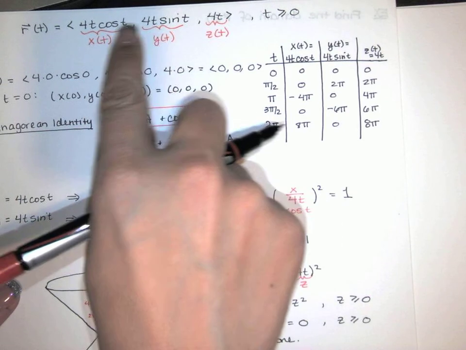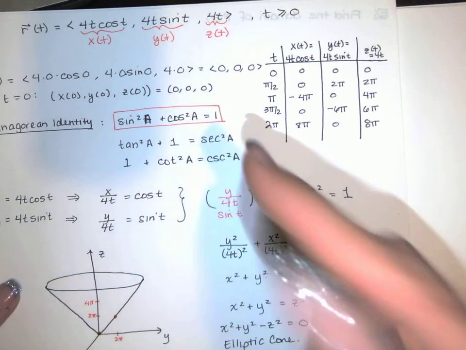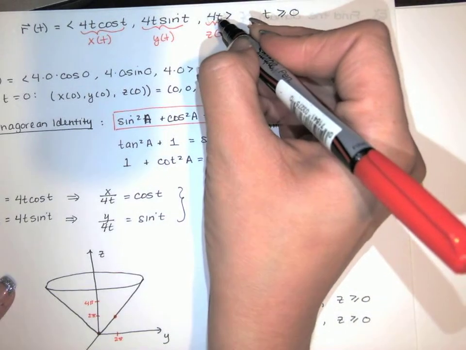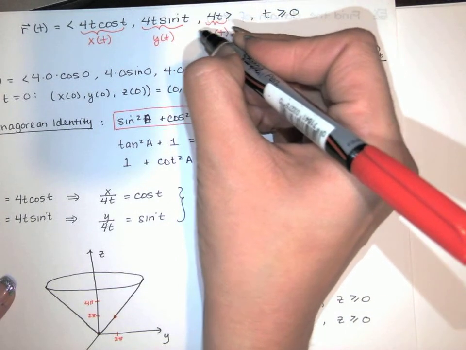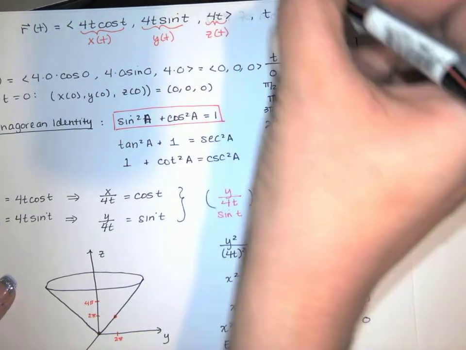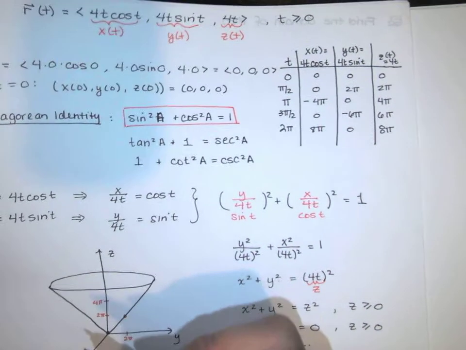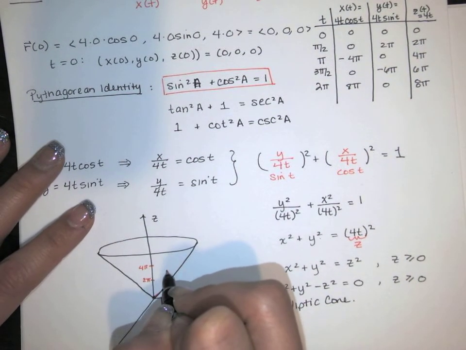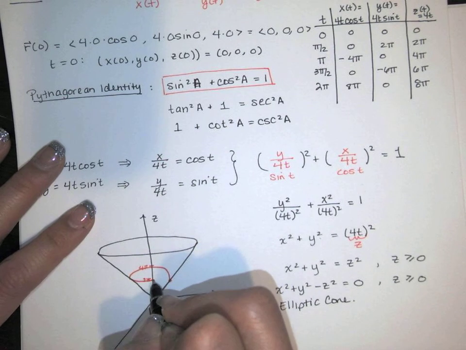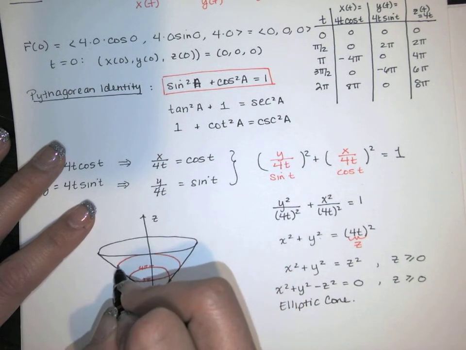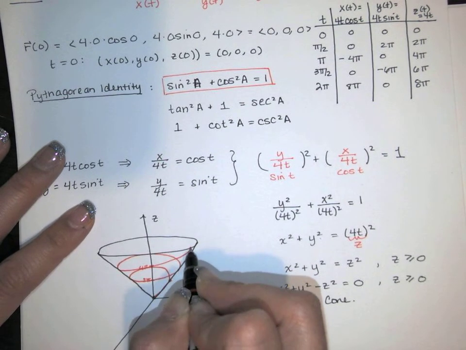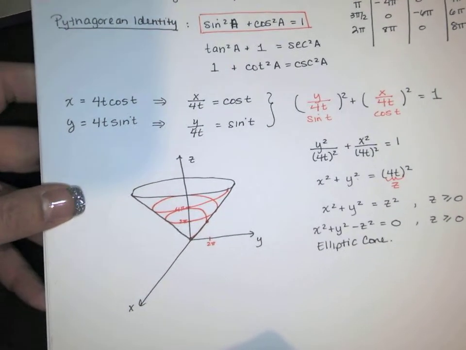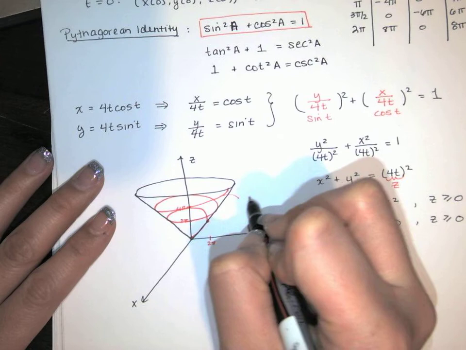I'm doing something similar, but I'm starting at a circle of radius 0. I'm starting at the degenerate circle. And then as t increases, we're spiraling up and spiraling up and spiraling up. And so I think this is what it's going to look like. It's going to be something like this. And you've got to imagine some of that is on the back half of the cone. Okay, difficult to draw, but this is our curve